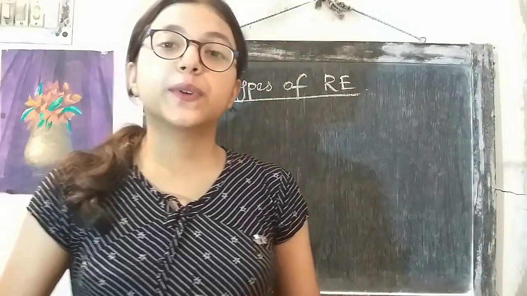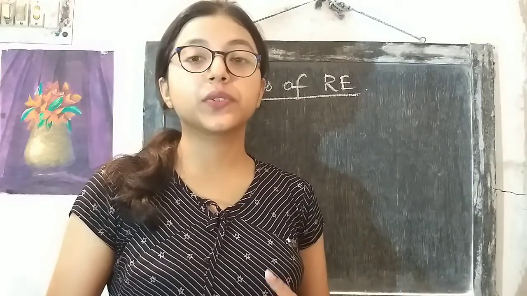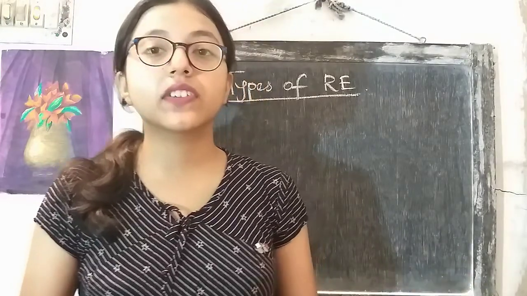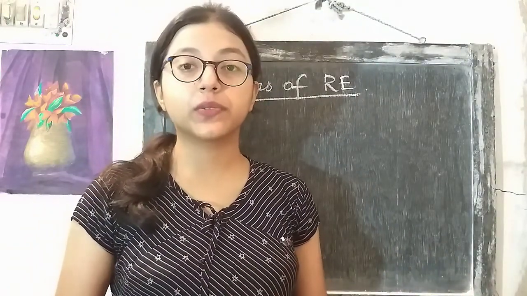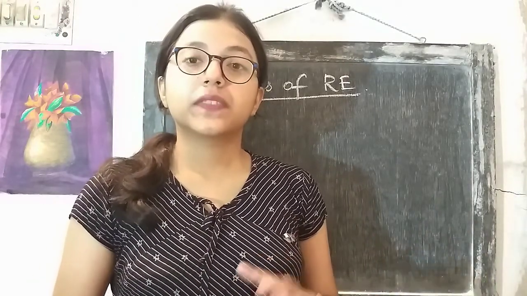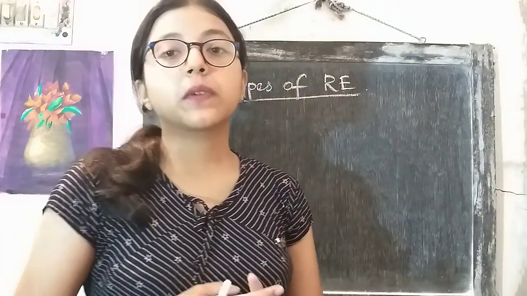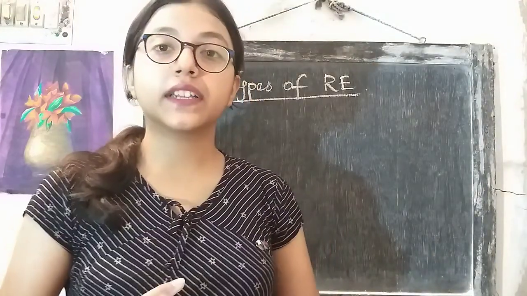Hi everyone. Today I am going to begin with the discussion of what are the different types of restriction endonucleases. So we know what is a restriction endonuclease. These are enzymes that cut DNA at specific sequences. So for their specificity they are called restriction endonucleases, as we have already learnt in the previous video. So these restriction enzymes basically have two properties. The first property is modification and the second property is cutting of the DNA.